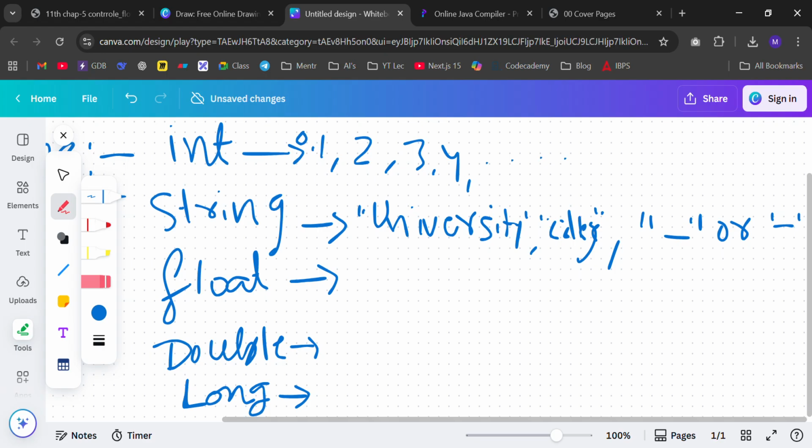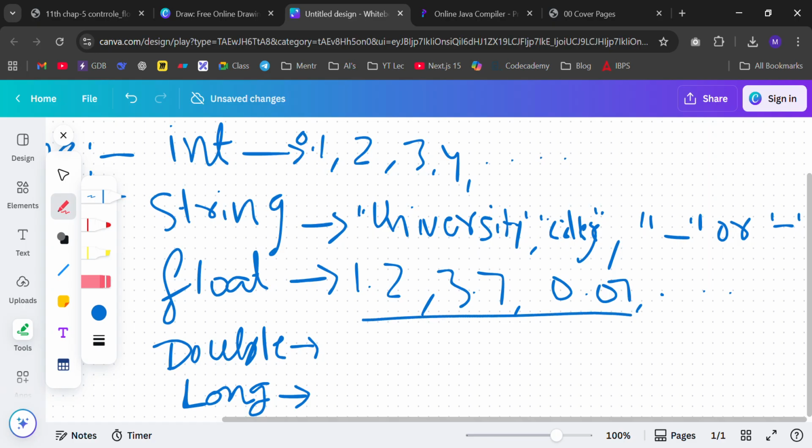Float is also a number type where we define numbers in decimal form like 1.2, 3.7, 0.06 and so on. This is a type of number. Decimal numbers, all types of decimal numbers we will define in the form of float. And double is also a number type where we will define numbers like